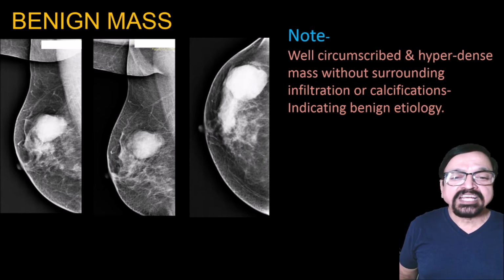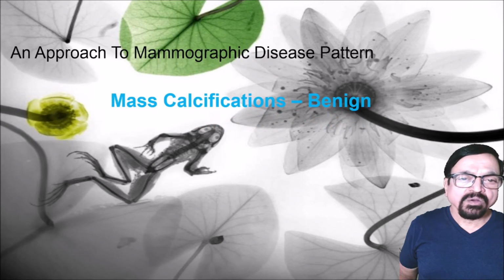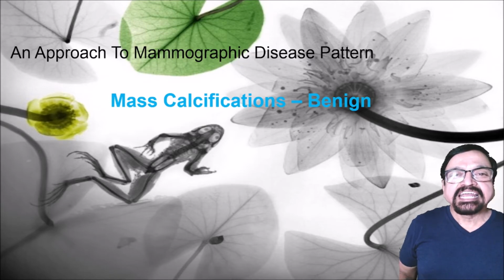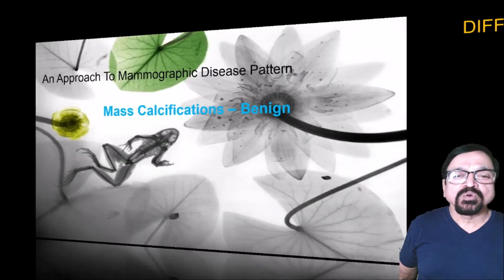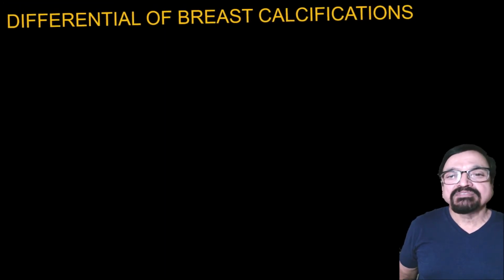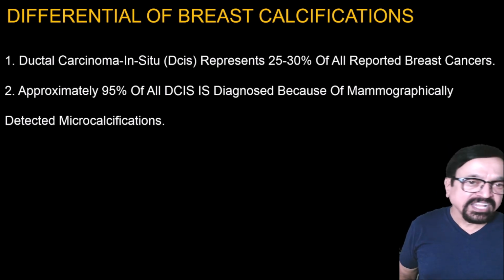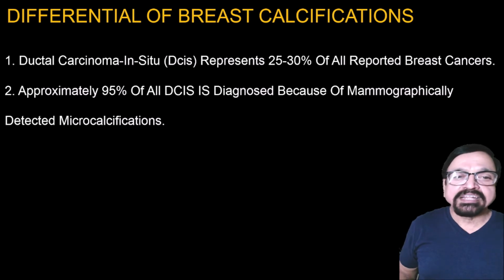It is homogeneous, there is no breaking of cortex, well defined, and it is benign and proved to be fibroadenoma on further studies. Now let us come to the mass calcification. When we are considering malignant calcification, it is inevitable that we should know the benign calcification also, because as a simple thumb rule, whatever is not benign is malignant, or if something is not characteristic of benign, then we think more of a malignant calcification. Now let us come to the different calcifications.